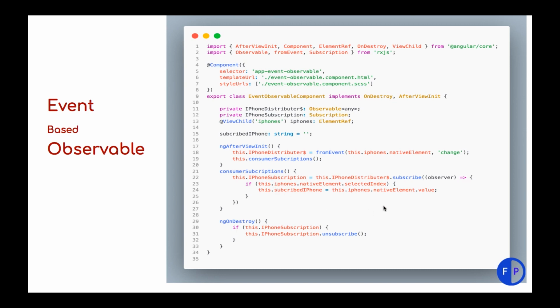All we need to emphasize is the part at line number 18: fromEvent is from the RxJS library, which creates our observable. That is what we understood in the anatomy of observables, that an observable can be created in different ways. This is another example, and I'm passing the reference of that HTML element with the event name. That's it. Once we are done, ngOnDestroy, which is nothing but when the component's lifecycle ends, gets triggered. It's checking whether there has been any subscription or not. If there is, then